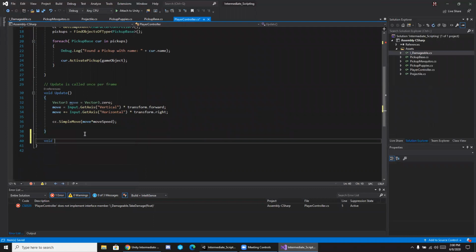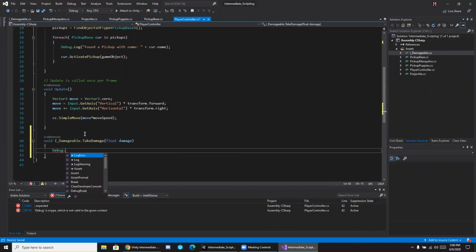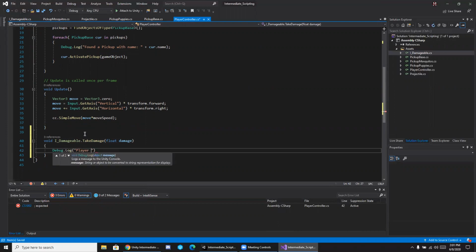We can then add that down here, and say whatever we want for when our player takes damage. Player took damage. Add on the damage here. And without having to modify our projectile at all,